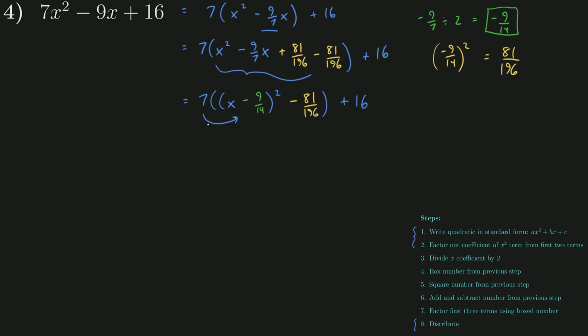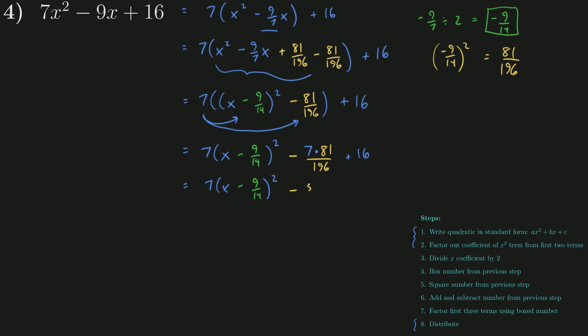The 7 will get distributed to this expression and to this term. 7 times x minus 9 over 14 squared minus 7 times 81 over 196 plus 16, which equals 7 times x minus 9 over 14 squared